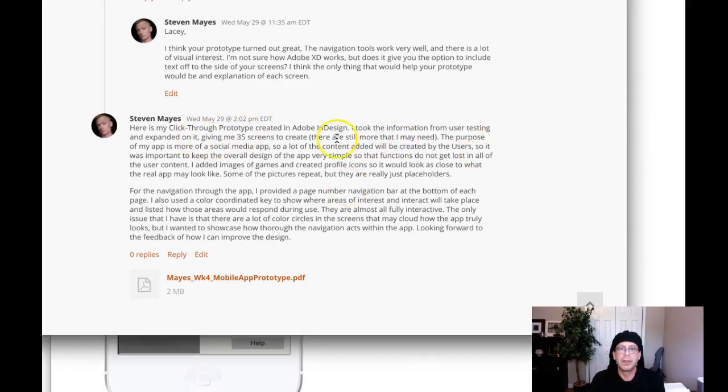Okay, here it is. InDesign, 35 seconds create. There's still more than you may need. The purpose of my app is more social media. I read through this once already. I just want to make sure I catch everything here. I saw that there's some repetition and there are placeholders, and that's perfectly fine. For the navigation through the app, I provided page number navigation page. Color coordinated. I want to talk about that color coordinated key for just 1 second, and then we're